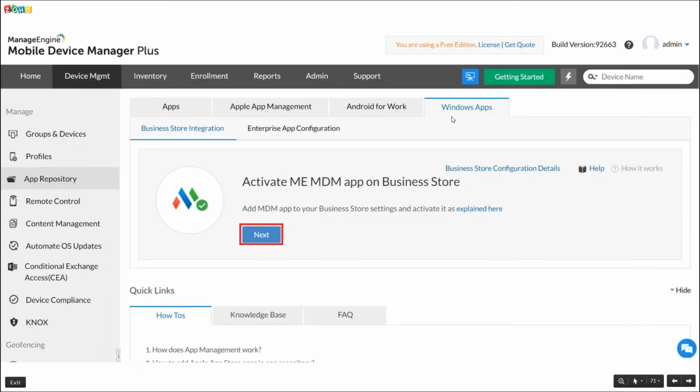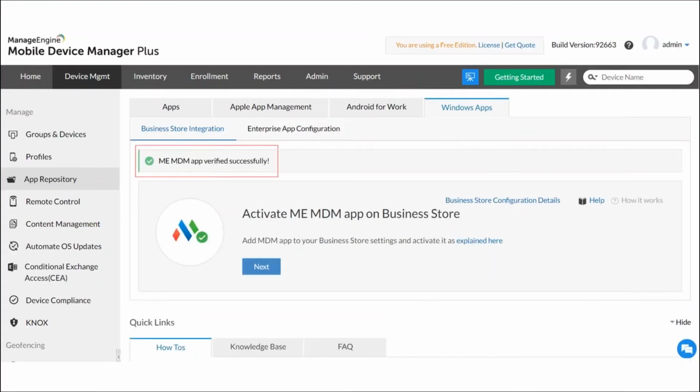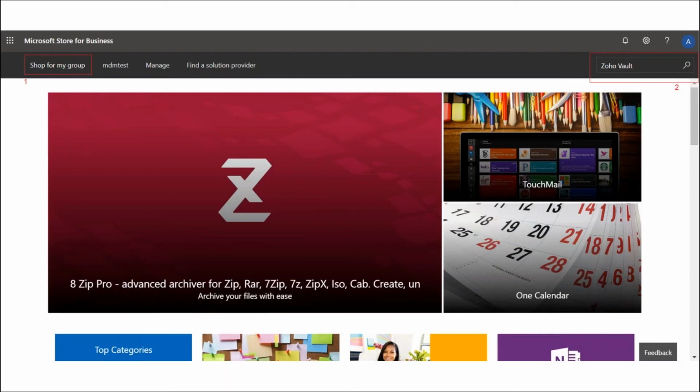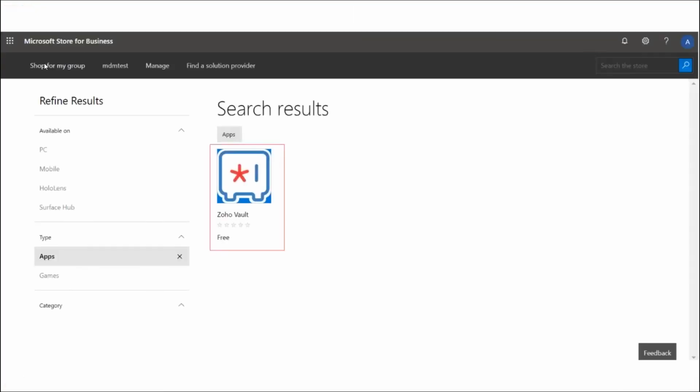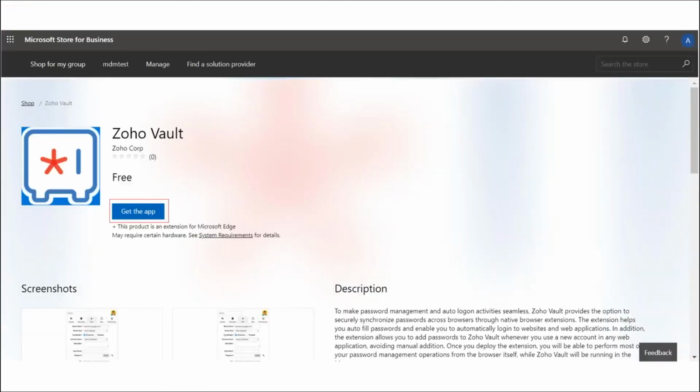So once you activate the Business Store integration with our MDM, it automatically starts to distribute the ME-MDM client app onto all your devices. And now, if you wish to add any other application through the Business Store portal, you can log in using the same administrator account. Before, we went to the Manage section to add devices. Now, to add an application, you need to click on Shop for my group, click on Apps, search for the required application,